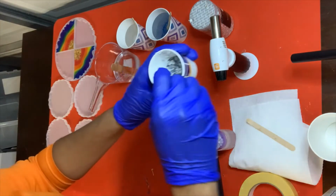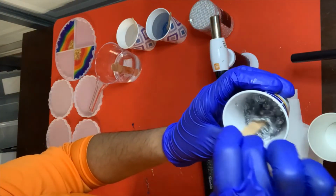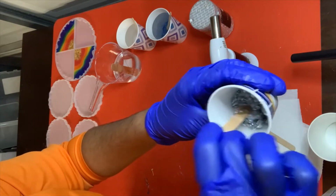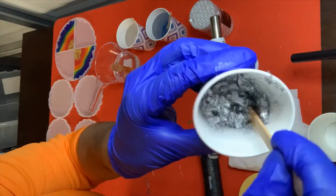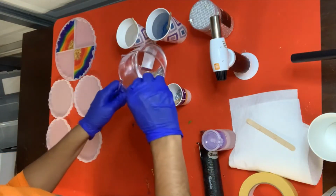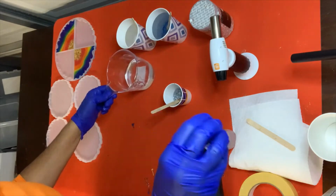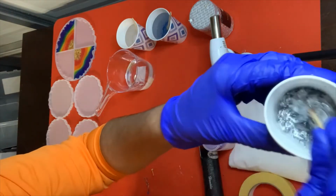So for the silver flakes, I just put a little bit in a tiny cup. And I'm going to use this to just accent the center of these coasters. I'm going to put them in the center. So you want to mix just a little bit of resin in there and make sure you break it up. It's a little too thick for my liking. You don't want to put too much resin. Otherwise, it'll kind of flare out, unless that's the effect that you're looking for. I just want to put a little bit in the center